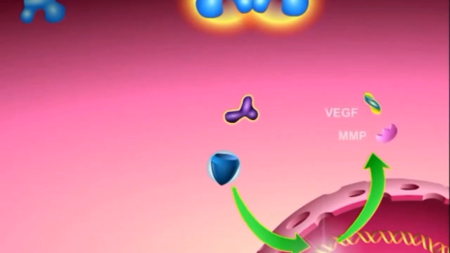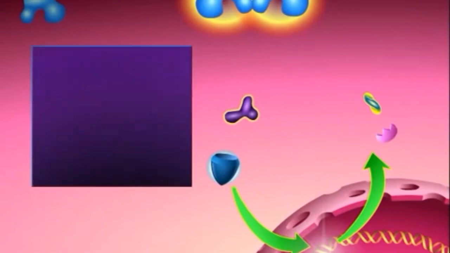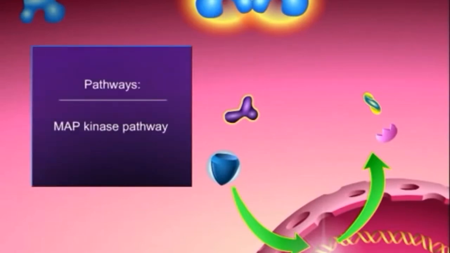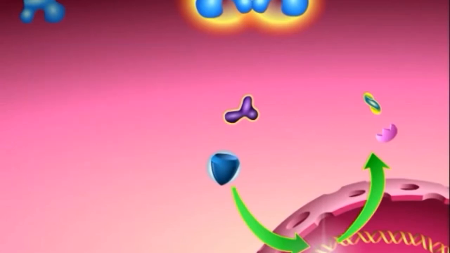One of the major cascades implicated in cancers is the Ras-Raf mitogen activated protein, or MAP kinase, pathway. Another interesting pathway is the phosphoinositide 3 kinase, or PI3K, AKT, mammalian target of rapamycin, or mTOR, pathway. These pathways are linked to each other and other signal transduction pathways in the cell. Deregulation or loss of normal controls in any of these pathways is thought to be present in all human tumors.